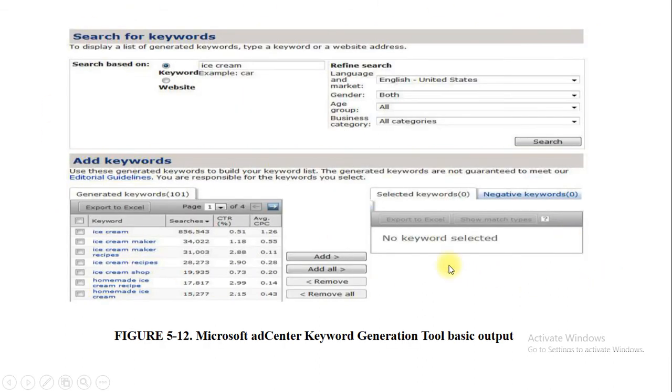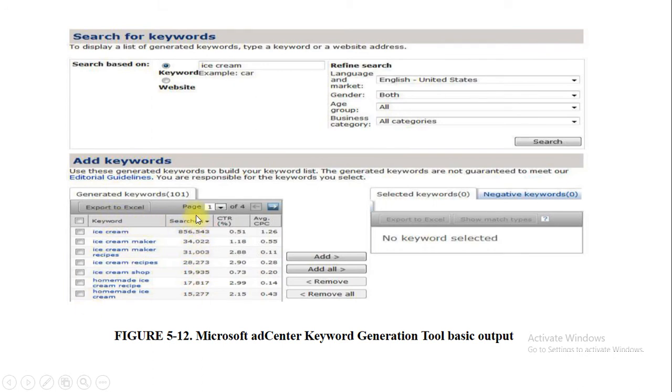So this screenshot is from just before this particular search term's first month. When you click on the ice cream search term, at that time you see ice cream maker, ice cream recipe, ice cream shop, homemade ice cream recipe, homemade ice cream. So you have the list of keywords over here.